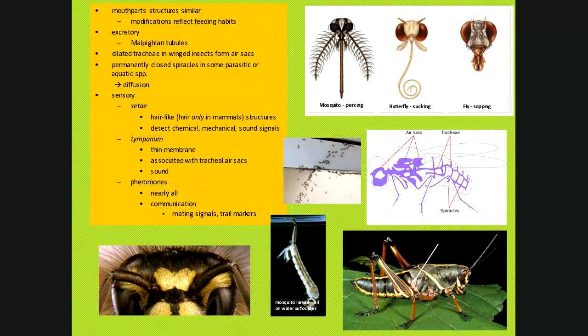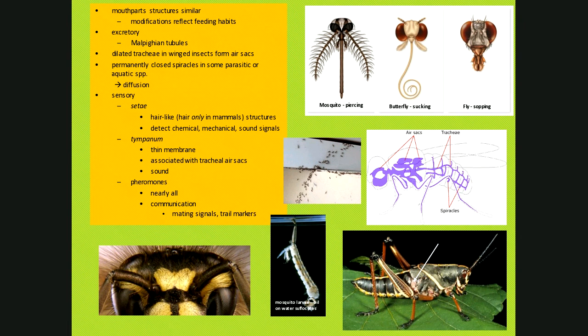All right. In some organisms, and this is something where we kind of do the detective work again, you're studying an insect and you notice that the spiracles on an insect are all closed off, like they're not open to the outside. You might have either a parasitic or perhaps an aquatic insect, an insect that wouldn't want materials moving in through the spiracles. Many times organisms that are parasitic will actually be able to exchange gases through their body wall, so they don't really use the spiracles. Diffusion is the process by which it's done, though.